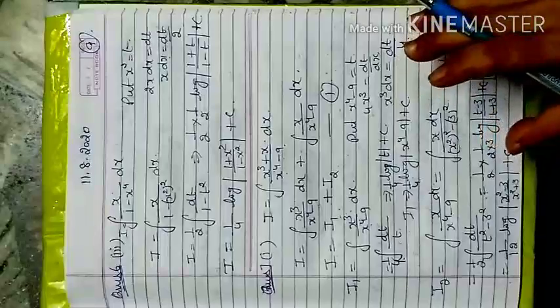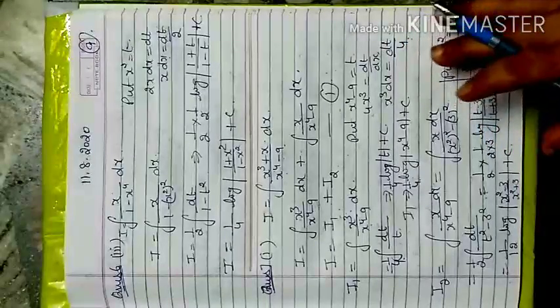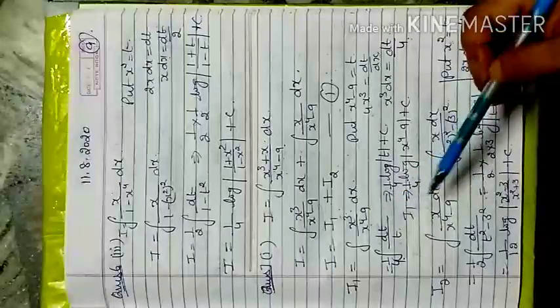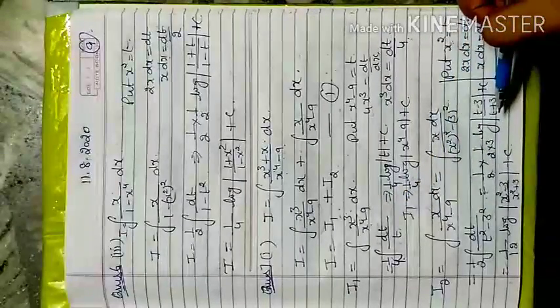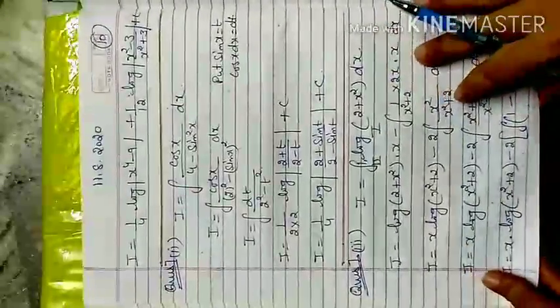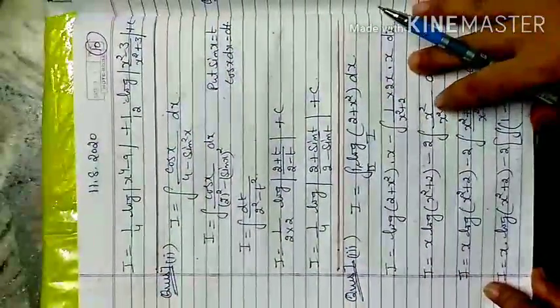So there should not be any term left in the numerator while applying the formula. To remove the numerator term with the same denominator, we have to solve it in different ways according to the numerator. Now 7th question, merge all the values I1 and I2, that will be your required answer.